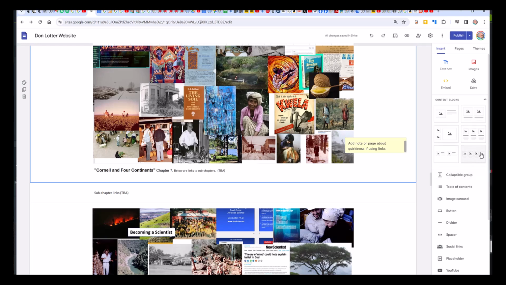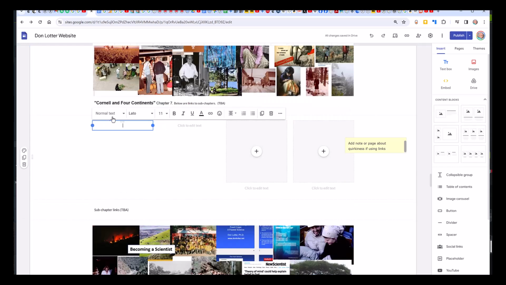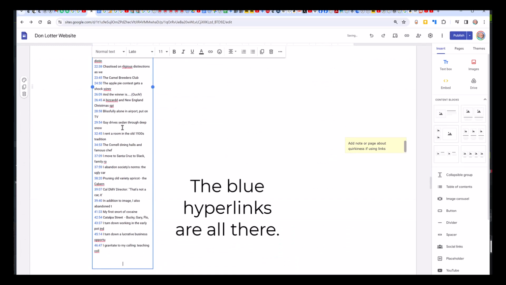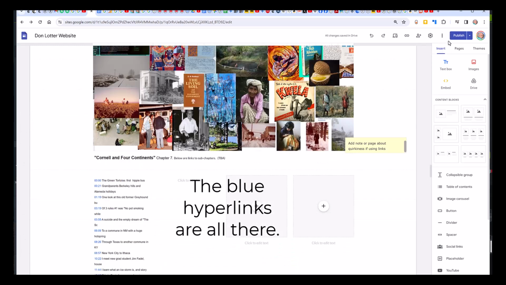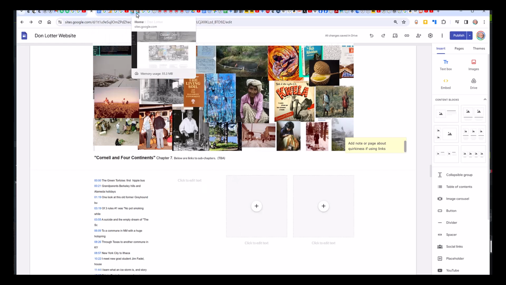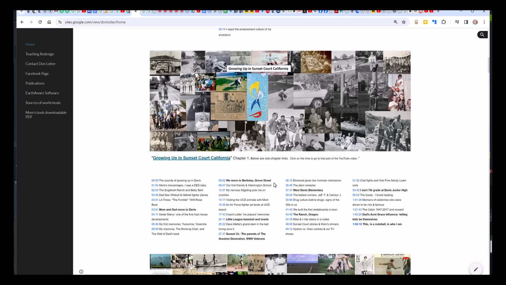These are called content blocks, and then just a simple paste. You can publish them, and it goes to look like this.